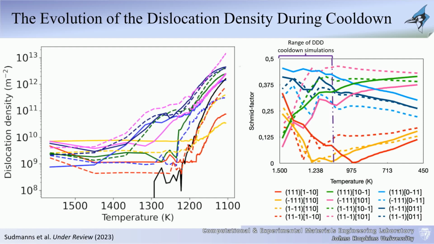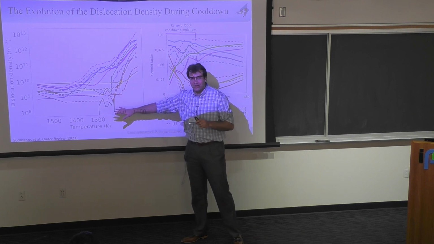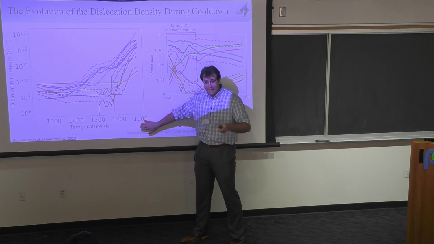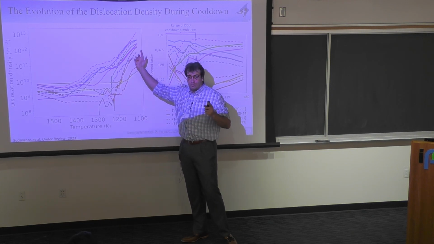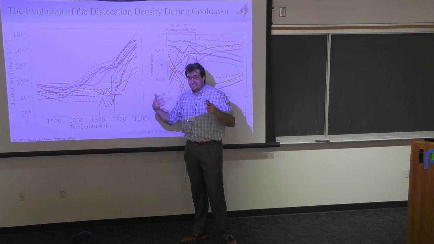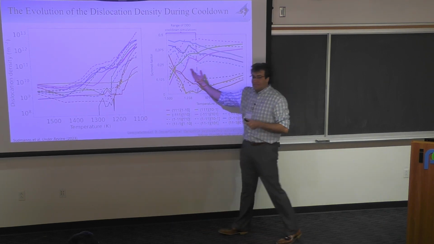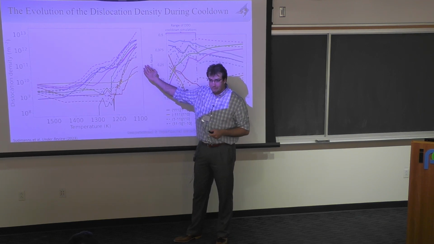One point, just so no one thinks that I actually did the cool down all the way down to room temperature. I didn't do anything, the postdoc did it. He did not do it all the way down to room temperature, but we had to stop at 1100. Why? Because the dislocation density is astronomical for us here. It's about 10 to the 14. 10 to the 14 for us is about 3 million data points. We've been running that on 1,000 processors, 1,000 cores, for about a month.